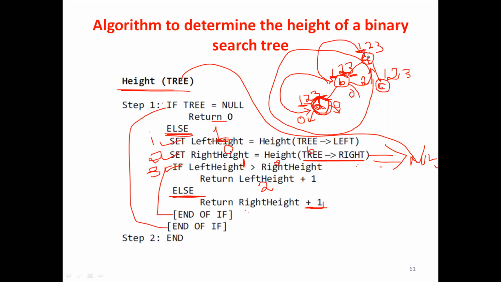From which step has it moved from node A to B? Step number 1, right? Step number 1 of node A, while executing step 1, it moved from A to B. Now it is completed. All 3 steps of node B are completed. After it returns 2, where is that 2 stored? That 2 is stored in the left height. Am I right?